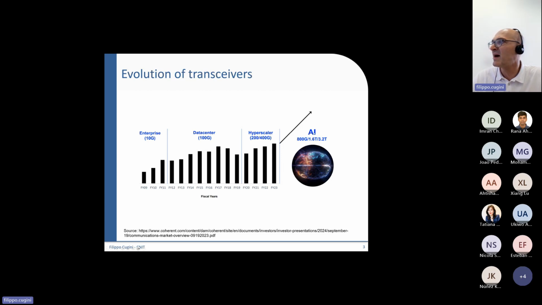We are in the AI era, where 800G, 1.6T and 3.2T are provided with these small pluggable systems, which means we can transmit a huge amount of data with very small hardware and take advantage of this impressive market that is driving the evolution of this sector.